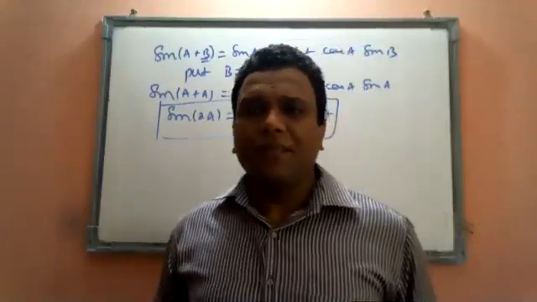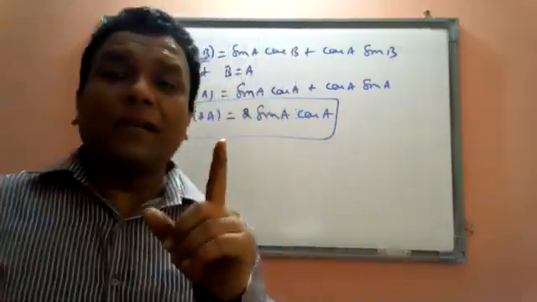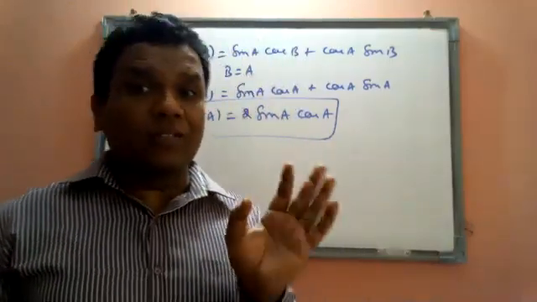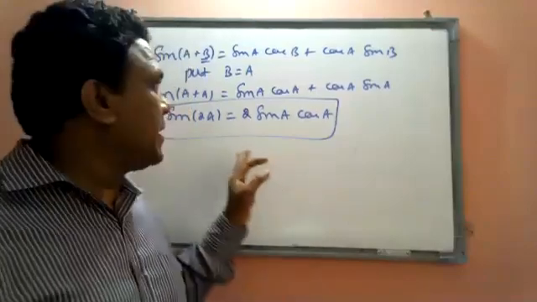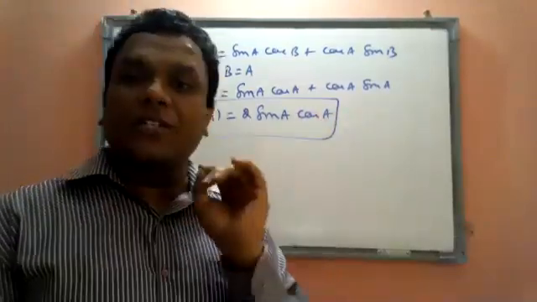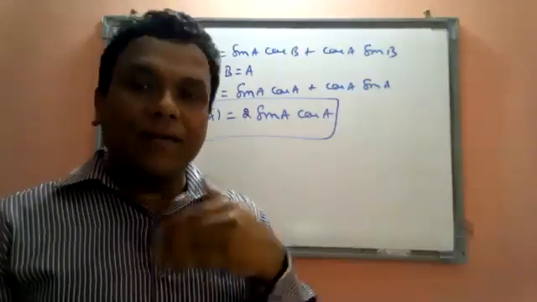Okay, right. This is the first multiple angle formula you are going to study. What is sin 2a equal to? Sin 2a can be written as 2 sin a cos a. This is the first one. Under this there is a second one. Now I will derive the second one.